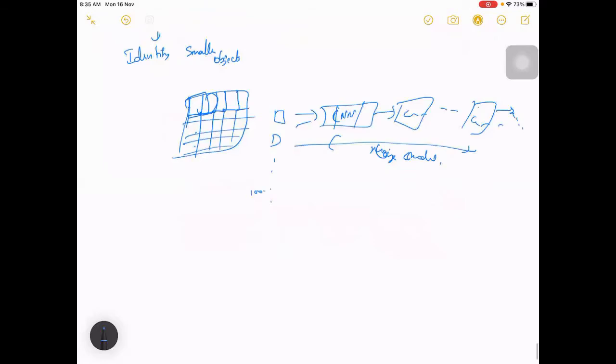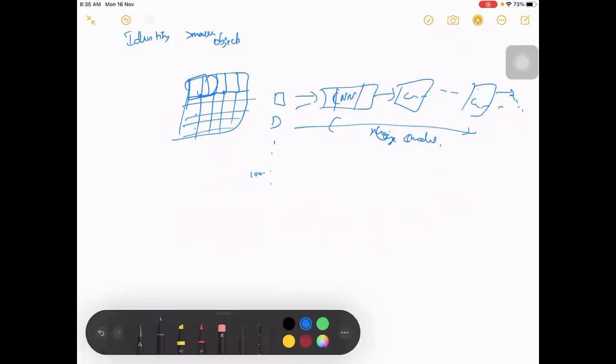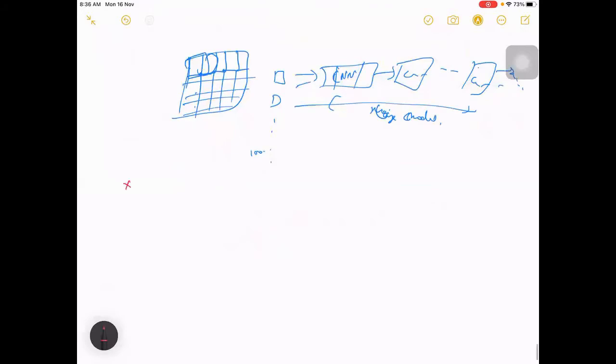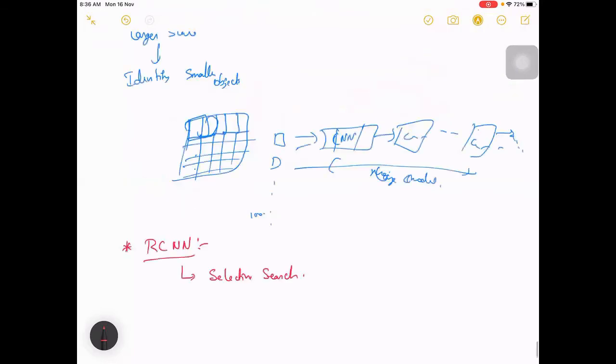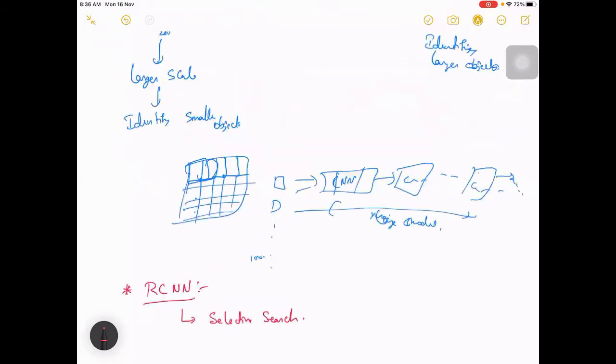So to avoid all this, what has been proposed is RCNN, a new network which has come into the picture, which proposed the idea of doing a selective search. Instead of searching by brute force, it means: is this working? No, just go to the next window. Is it containing an object? No, it's not, go to the next window. Like that, we are searching each and every window.